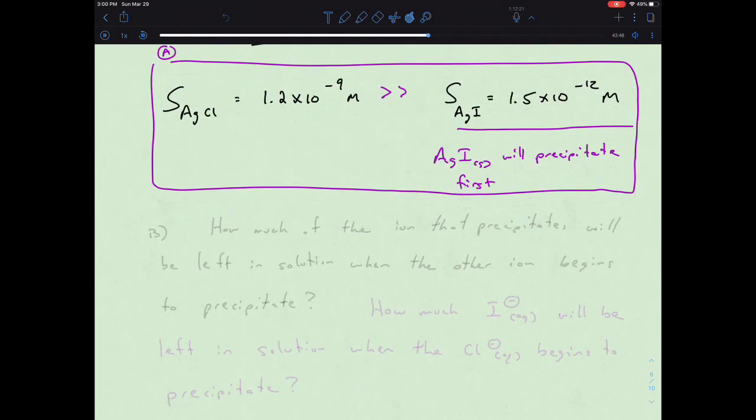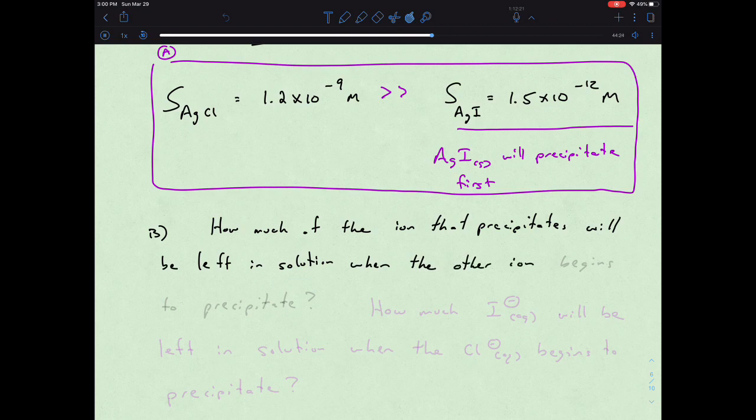Part B. Part B, now we actually know some more information. The question was, how much of the ion that precipitates first will be left in solution when the other ion begins to precipitate. So that's the question that we had above, and now that we know what precipitates out first, we can